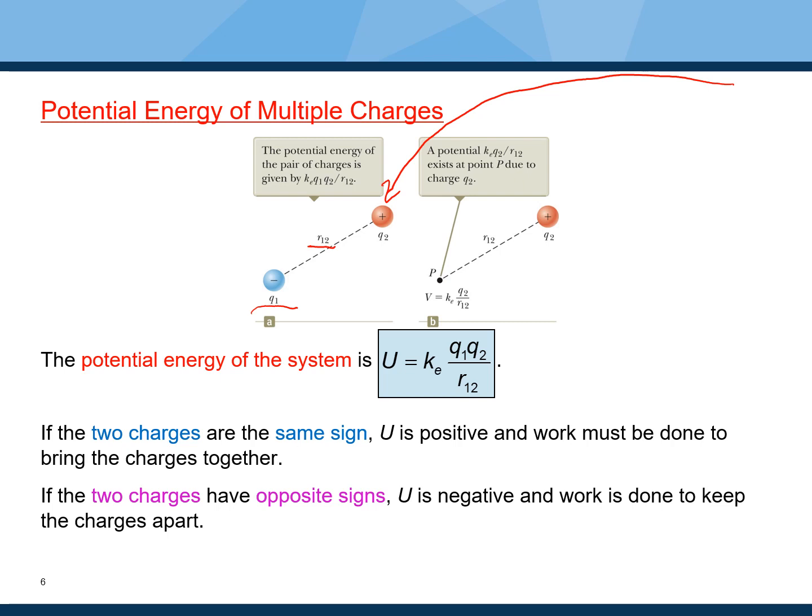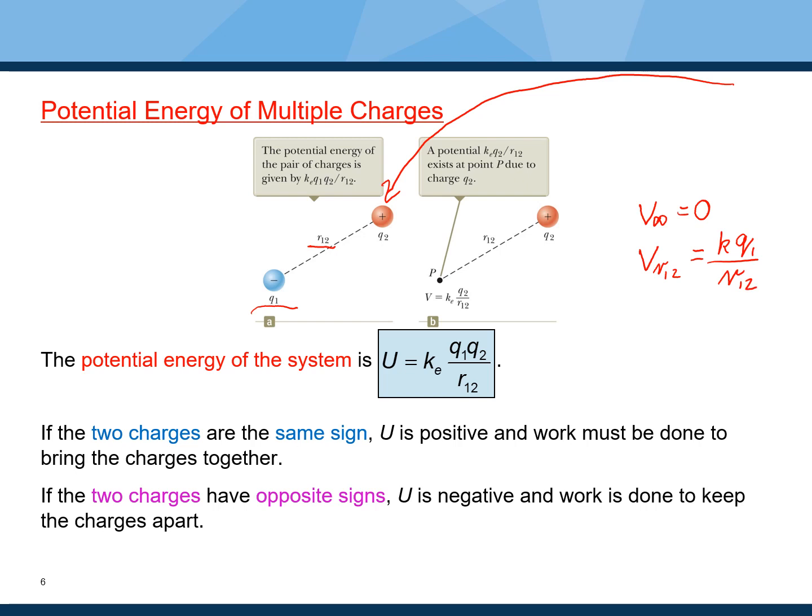Notice that at infinity, the potential due to charge q1, V infinity, is equal to 0. At a distance of r12, the potential from charge q1 is given by k times q1 divided by